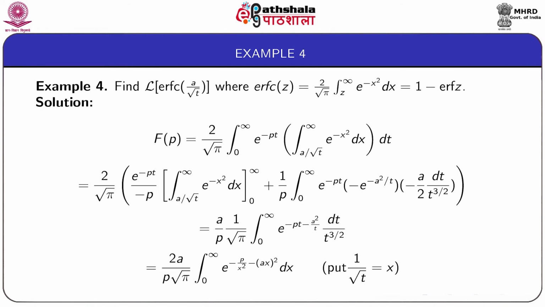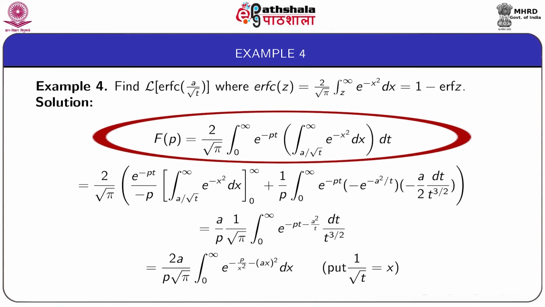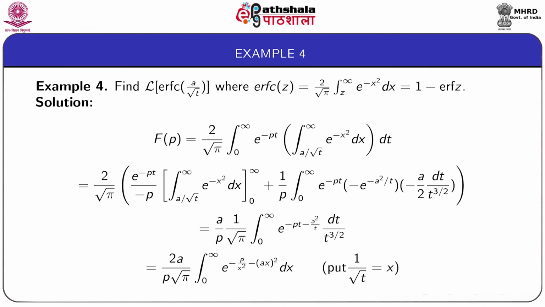Next we come to example 4: to find the Laplace transform of erfc(a/√t), where erfc(z), the complementary error function, is equal to 2/√π times the integral from z to infinity of e^(−x²) dx, and that is equal to 1 − erf(z). Now we write capital F(p) as the Laplace transform of erfc(a/√t), and that is given by